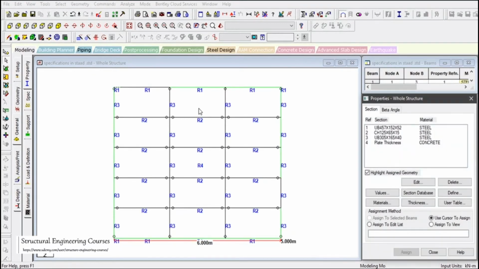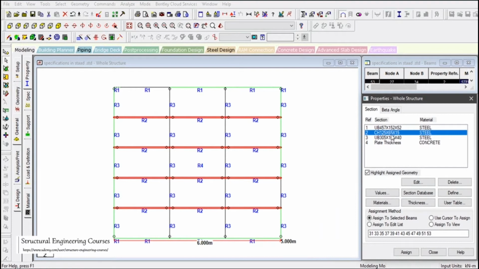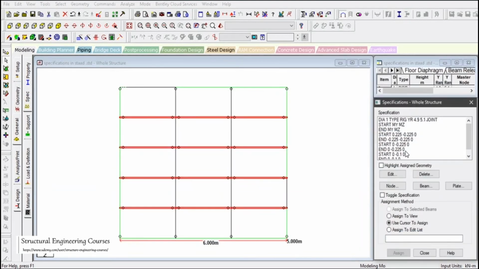To reduce our working time, we can go to CH125 into 65 into 15 and select these whole members here, go to specification, select this, left click on assign to edit list, press Ctrl plus V on your keyboard and left click on assign. Similarly for the ending point also.